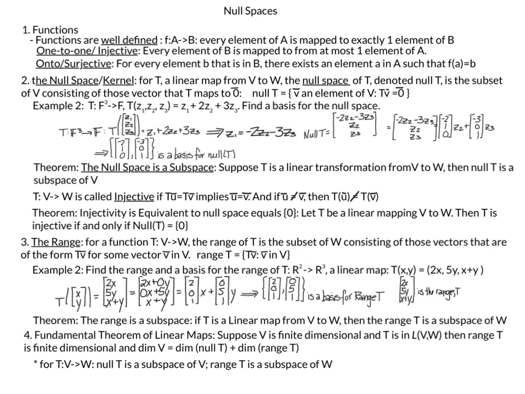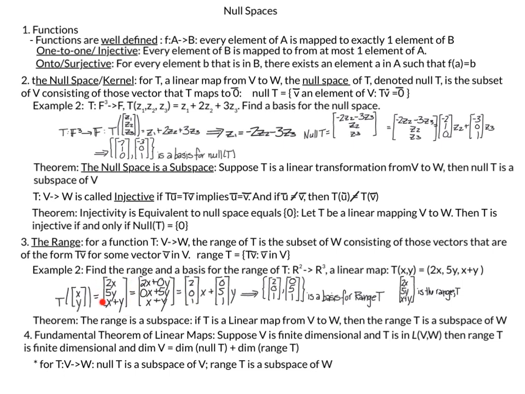So this is totally consistent with that idea. The range of T is equal to T of v for some v in our starting vector space V. And we have this example. Find the range and a basis for the range of T going from R2 to R3. And we have this linear map T of (x, y). So again, (x, y), we're in R2, and we come out to R3. The R3 vector after the transformation is (2x, 5y, x plus y). So in other words, T of (x, y) equals (2x, 5y, x plus y),